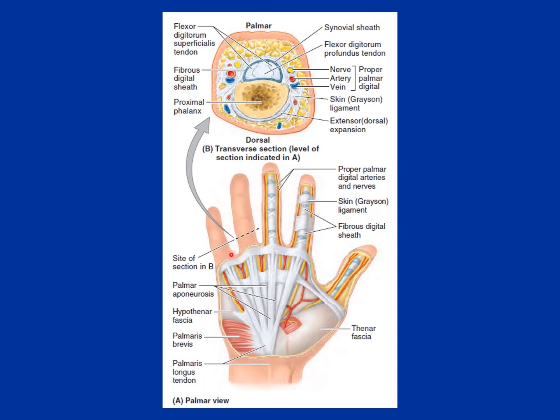If we take a section of the finger at this level, what you can see is the phalanx, because that is the proximal level. So we can see the proximal phalanx, and on the back we can see an extensor expansion that we will see in the dorsal pictures. Then we can see the flexor digitorum tendons covered by a synovial sheath. We can see the two tendons of flexor digitorum superficialis on the lateral side and flexor digitorum profundus in the center, and they are covered by a synovial sheath. And then you can see the fatty tissue in the area of the skin.